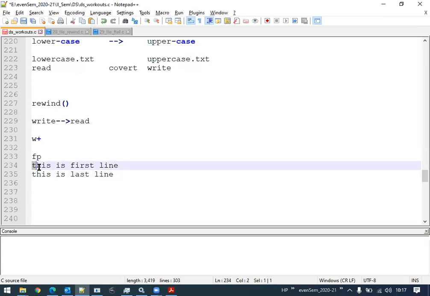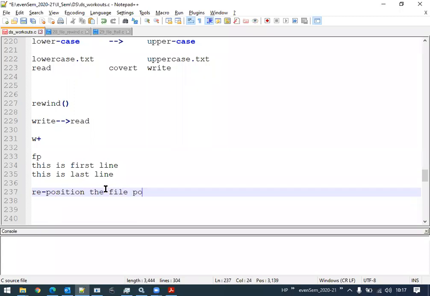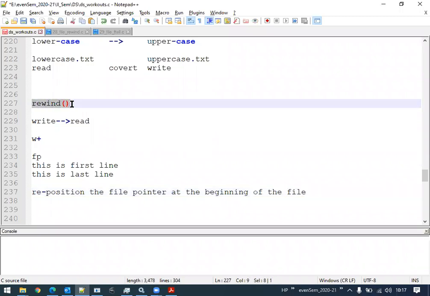In order to reposition the file pointer at the beginning of the file, we make use of a particular function called rewind.